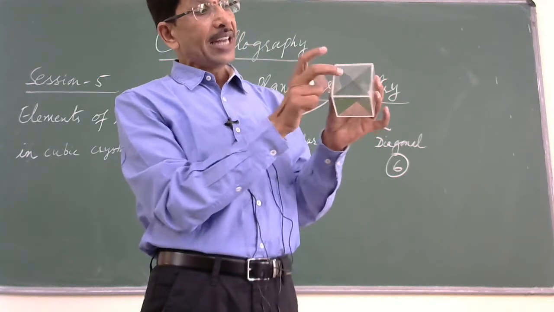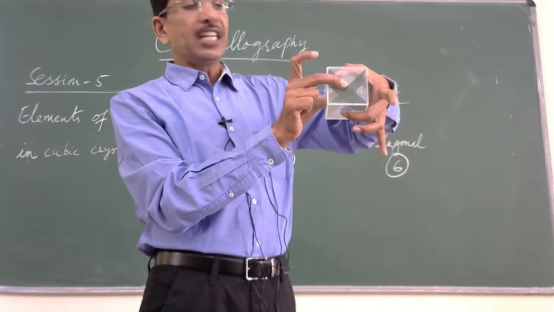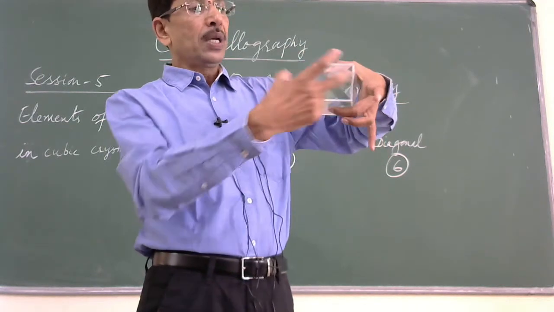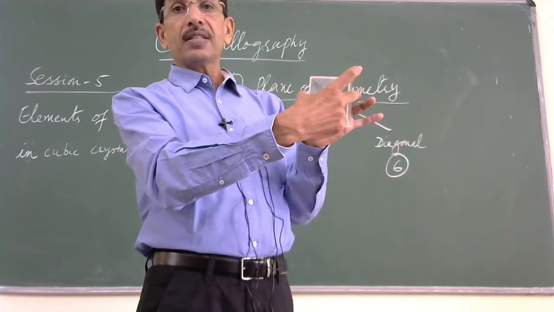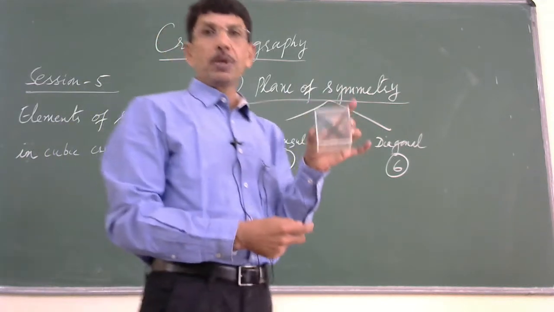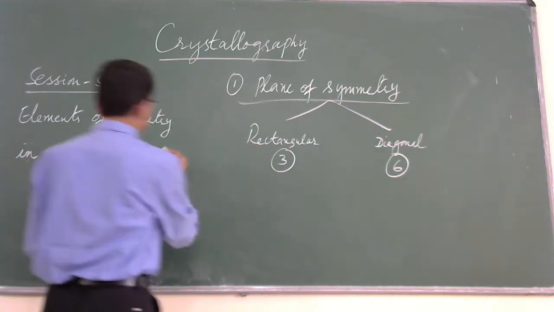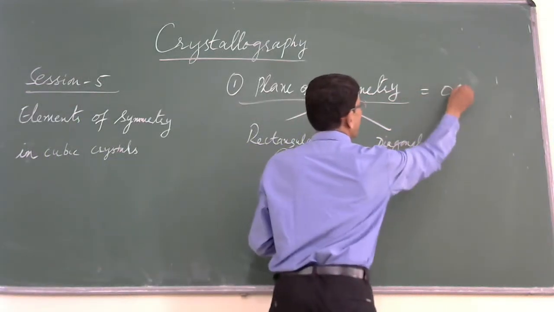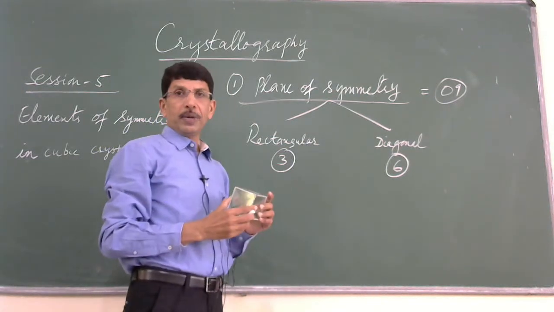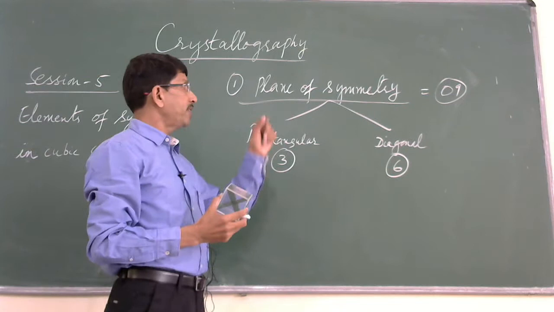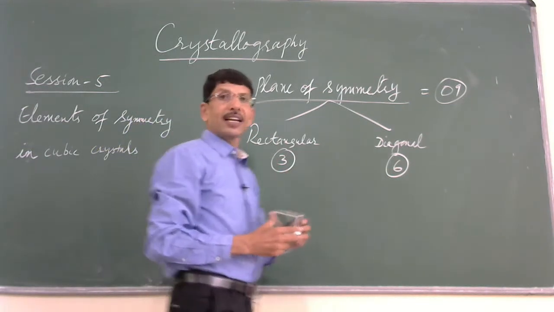So these 2 diagonal planes correspond to this pair of faces. There will be 2 more diagonal planes corresponding to these 2 type of faces, and there will be 2 more diagonal planes corresponding to this pair of faces of this cubic crystal. So totally there would be 6 diagonal planes of symmetry in a cubic crystal, and totally there will be 9 planes of symmetry. Okay, so in the cubic crystal, totally there will be 9 planes of symmetry, of which 3 are rectangular planes and 6 are diagonal planes.